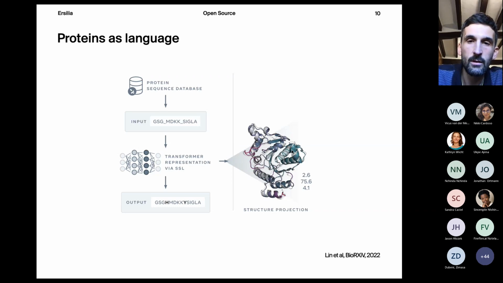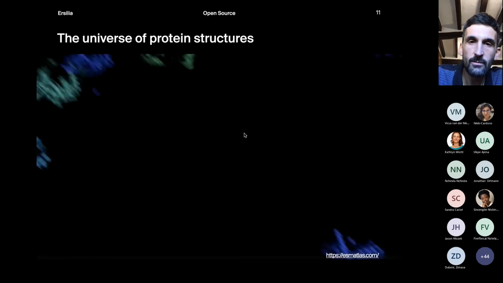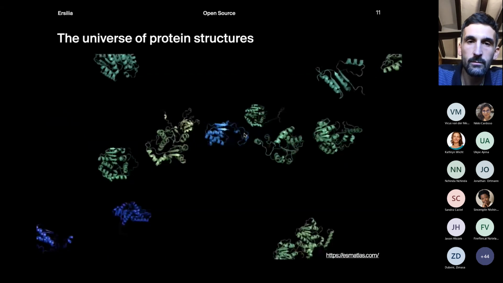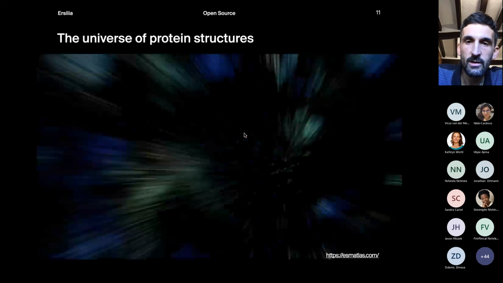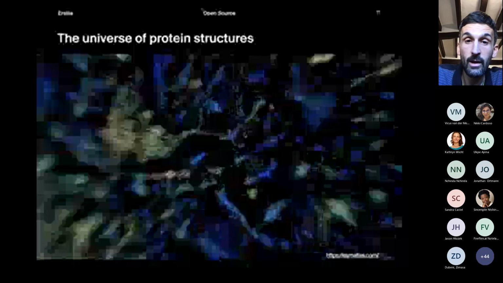One of them is predicting protein structure. So this is basically the reason why we are having such an explosion of AI-based protein structure prediction tools today, one of them being AlphaFold. So let's see how these language models perform in actually predicting protein structures. Those language models are extremely fast, so we can apply them to as many proteins as we want. And here you can see a video where many protein structures have been predicted across millions of protein sequences available out there.